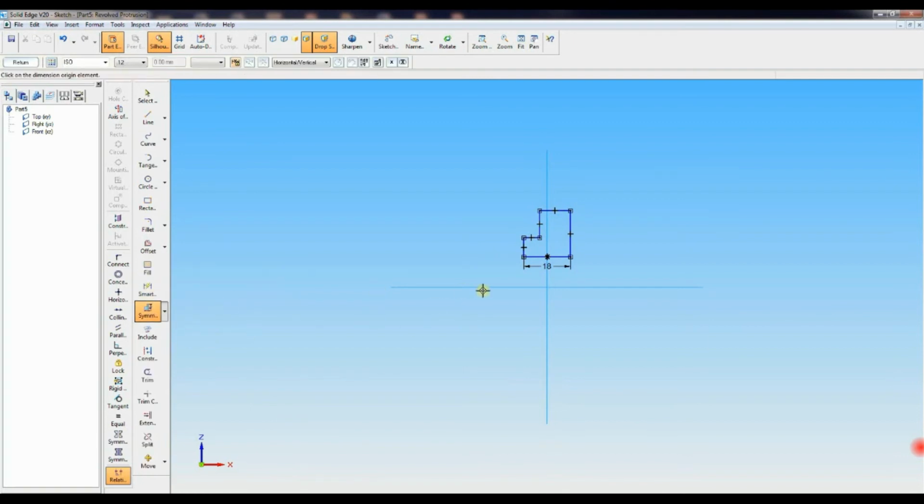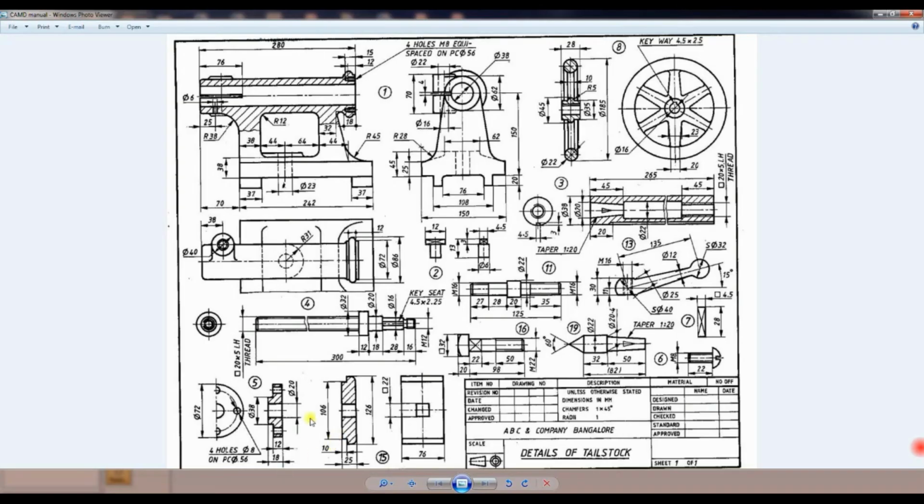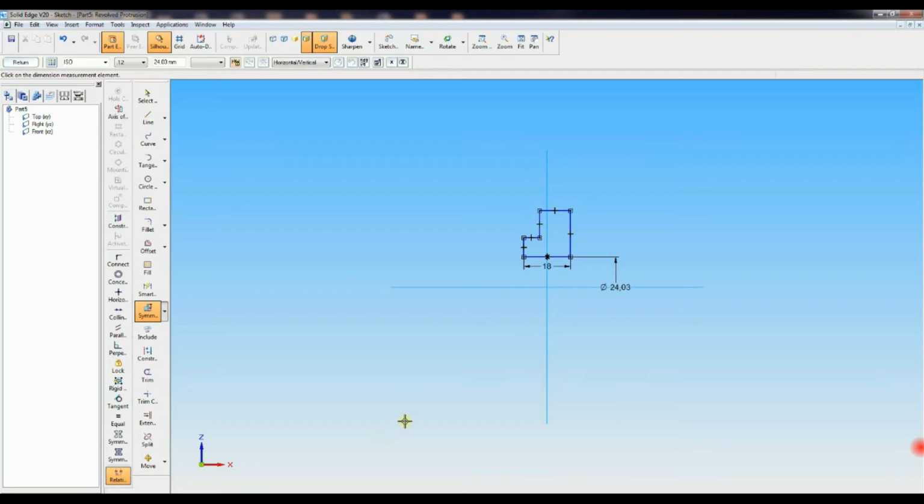Then go to symmetric diameter, the inner symmetric diameter, select that horizontal line, and you should get the center; you have to get 20 mm.